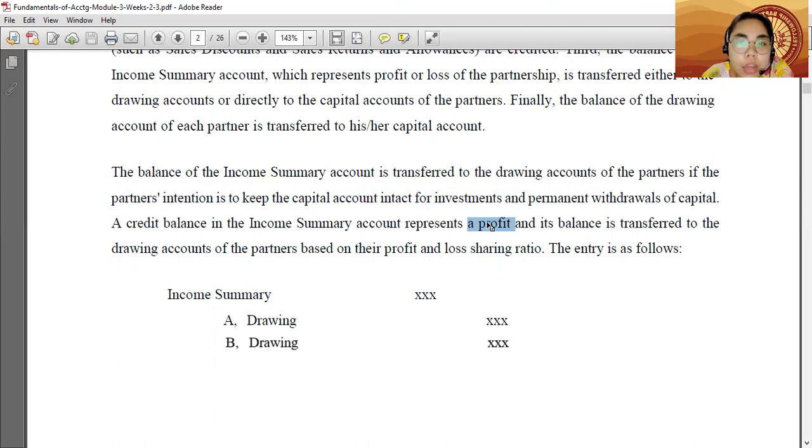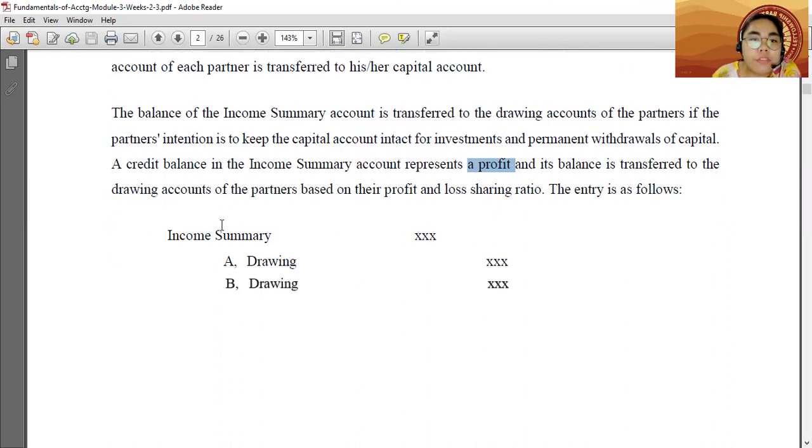So here, they don't want to change, or they want to keep their capital account intact, so they charge it against the drawing accounts. Okay? So if there is a credit balance in the income summary, we debit it to make it zero, then we credit the drawings of each